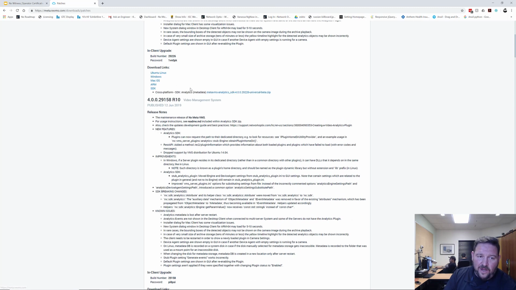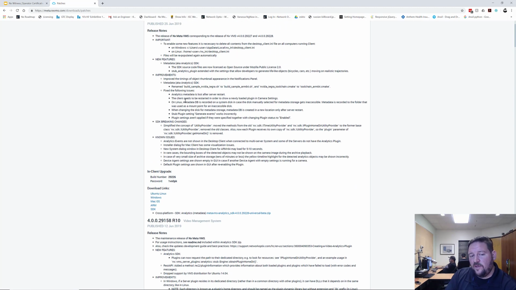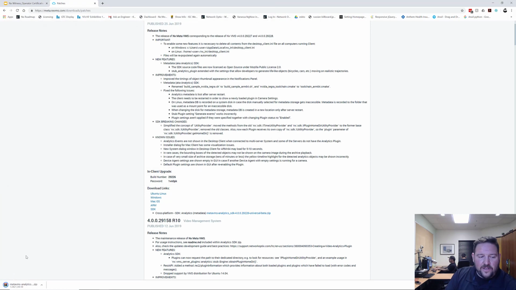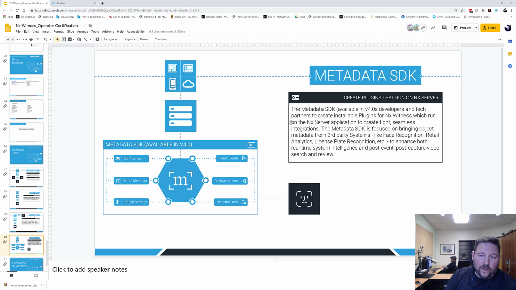To get the SDK on Meta, once you've signed up for the Meta Developer Portal, you'll see there's a Metadata SDK here, and you just click and download it. And there's a lot of instructions inside of it, some code samples, a lot of information on how to create a connection between us and a third-party video analytic. The Metadata SDK for the first version is really focused on video analytics,